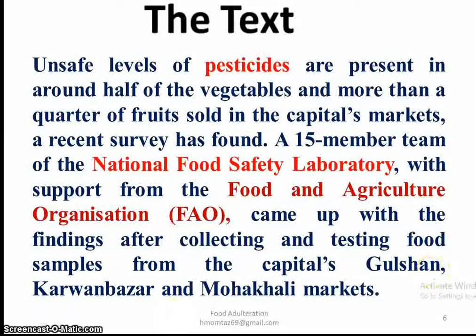The areas are Gulshan, Karwan Bazar, and Mohakhali markets. They found that unsafe levels of pesticides are present in around half of the vegetables and more than a quarter of fruits. People are enjoying all these foods, and they found that